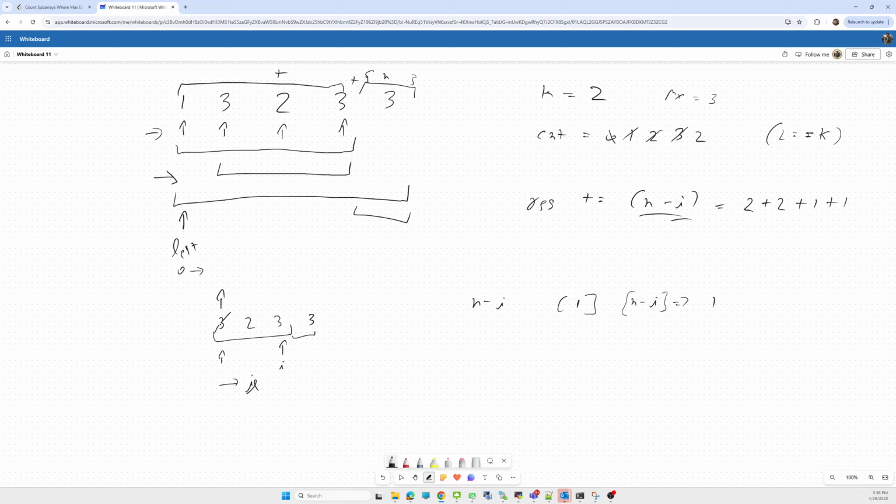And now we have to take one more element. What is this? We have to move it here. And is it a subarray? Yes, it is also, after removing this. So it is also having the same n minus I, which is 1. So we'll take it up here. So whatever the sum here is 7.